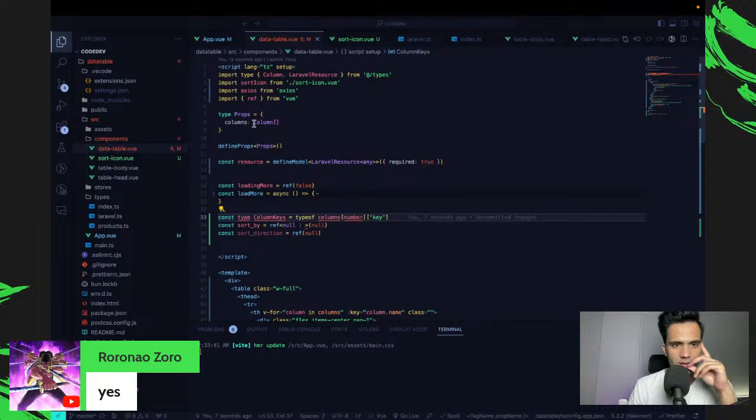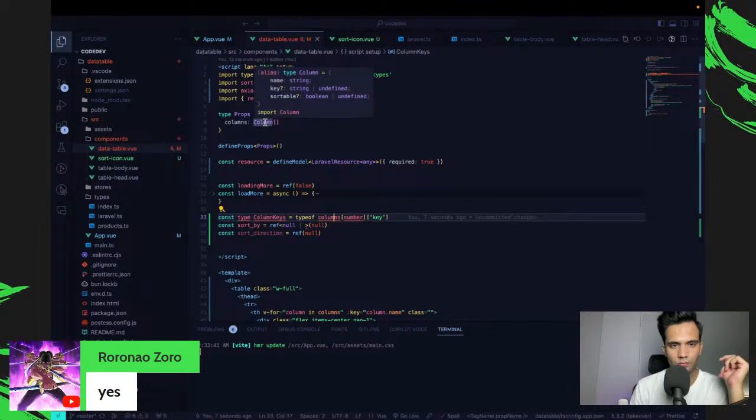So I have my columns here, right? But again, the columns are provided to the component at runtime.